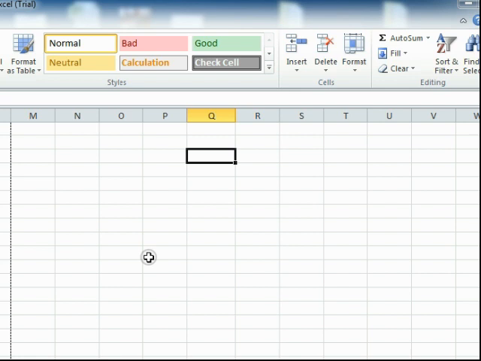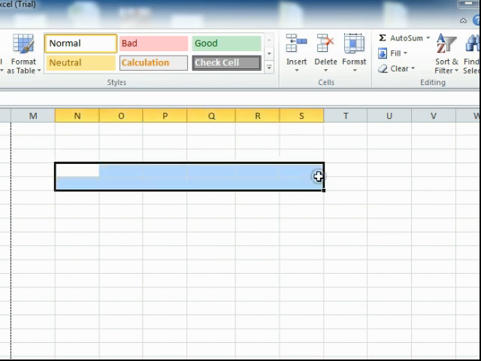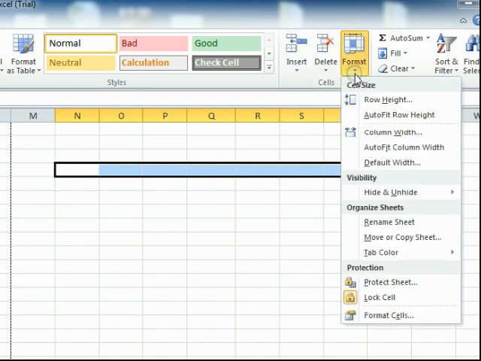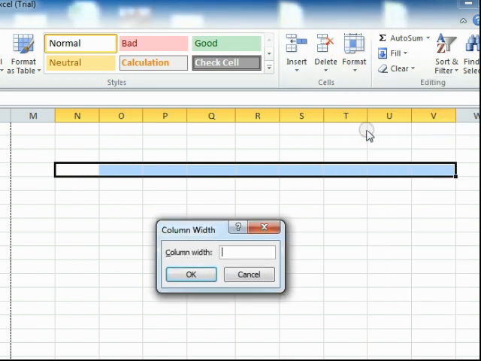Now, you can change the width of several columns at once. If you click and drag the mouse pointer across several columns and lift your finger up, you'll notice that several columns are selected. That means that if I change the format now, columns N through V will have the new measurement. So again, in the Home tab, in the Cells group, I click Format, and I click Column Width, and